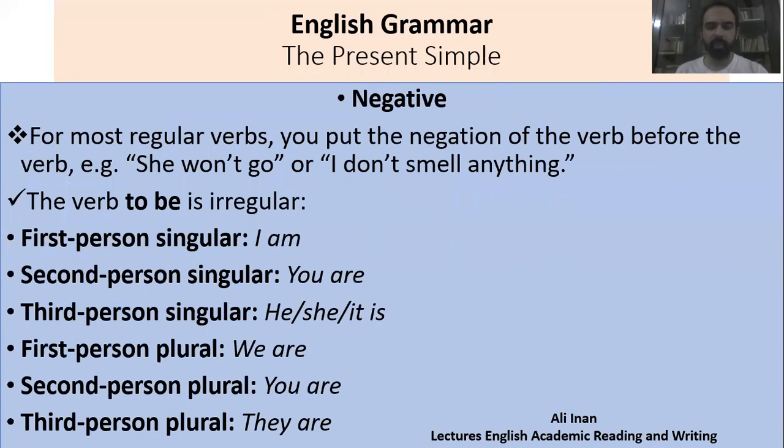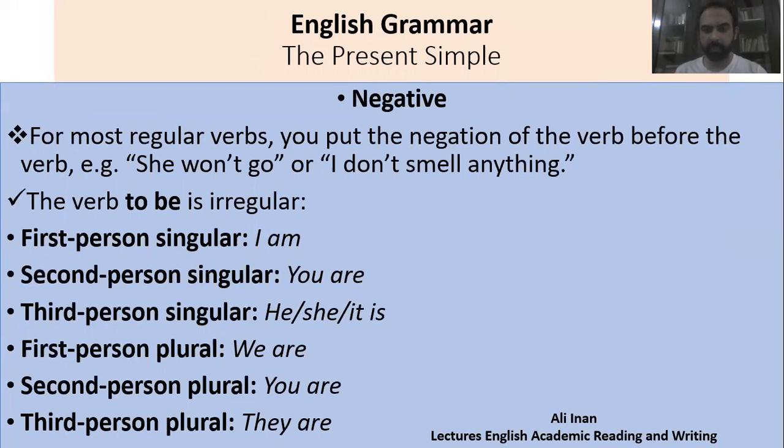For most regular verbs, we put the negation before the verb. For example, she won't go. I don't smell anything. For the verb to be, it is irregular, and